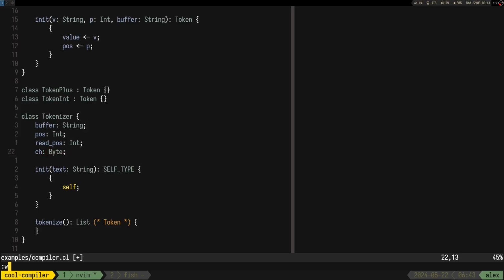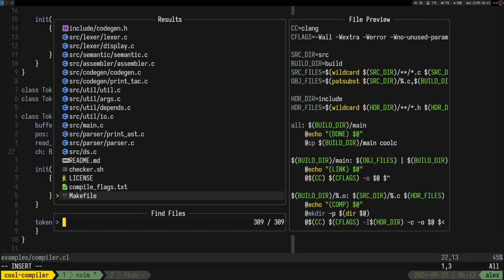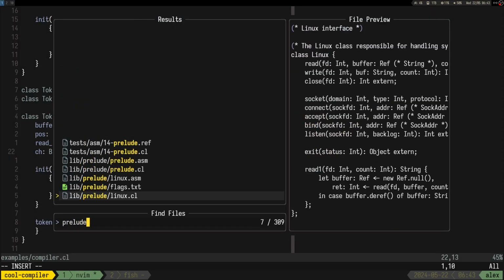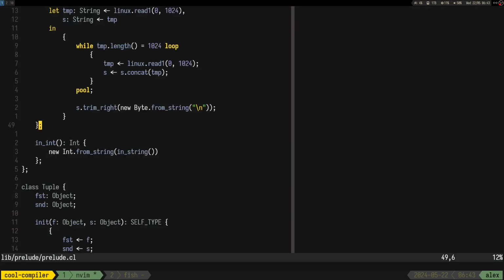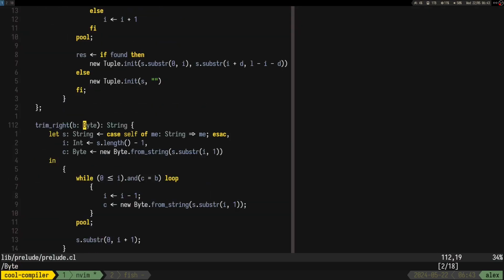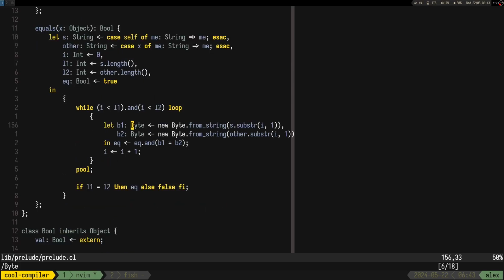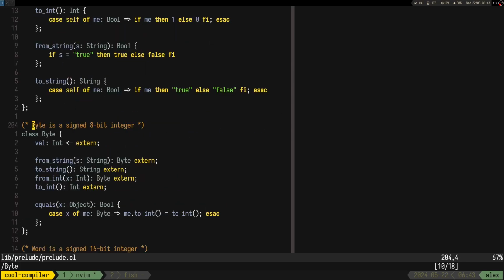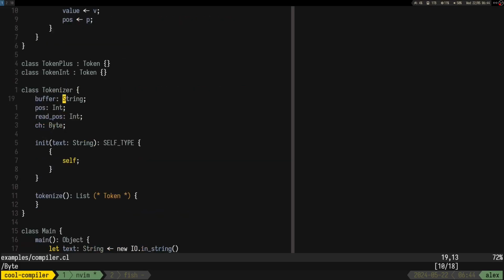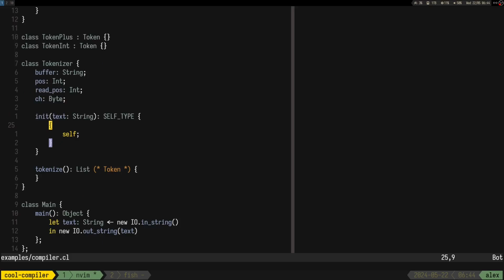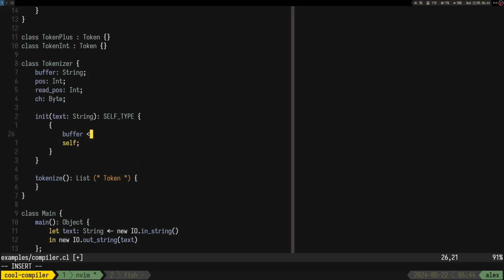The question is, do we want it to be a byte? But yeah, whatever. So buffer would be equal to text.